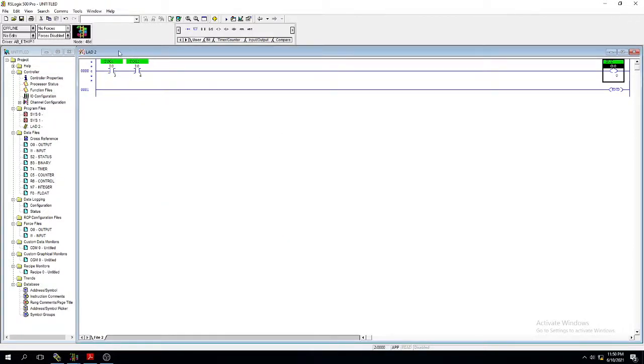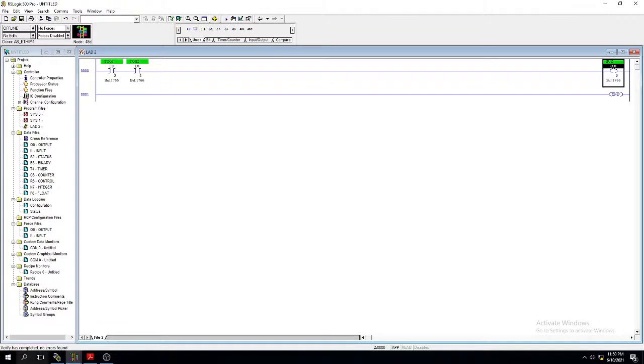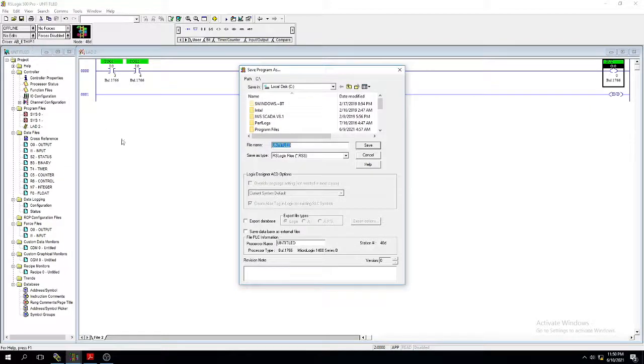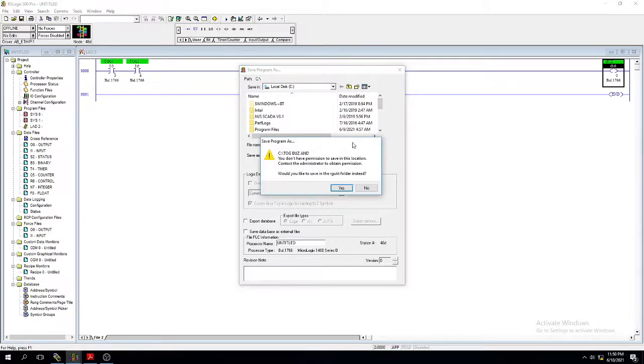Now we have already written the ladder program. These are the inputs, these are the outputs. Just verify the project. Look at here, verify has completed, no errors found. Next, verify the file. Same, verify has completed, no errors found. Next, download our program and give it some name. Toggle switches are inputs and we are writing the AND gate logic. So that is our name.